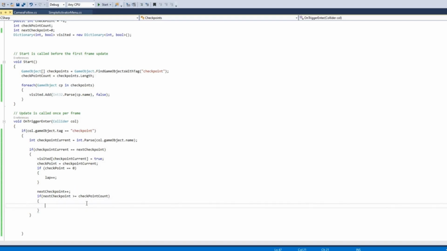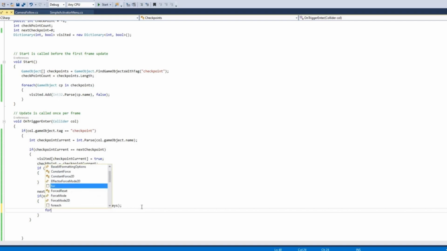If the next checkpoint is the last checkpoint, then we want to reset all the key values to false again, because the lap will start again. So we will store the keys of the dictionary inside a list. So we will create a new list, and it will store the int values, and it will store all the keys of the dictionary.